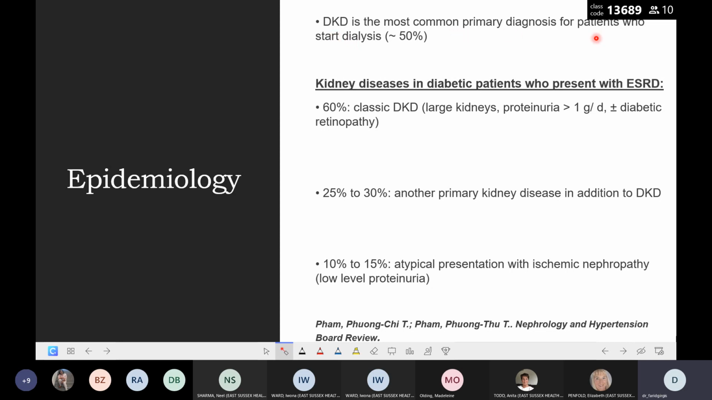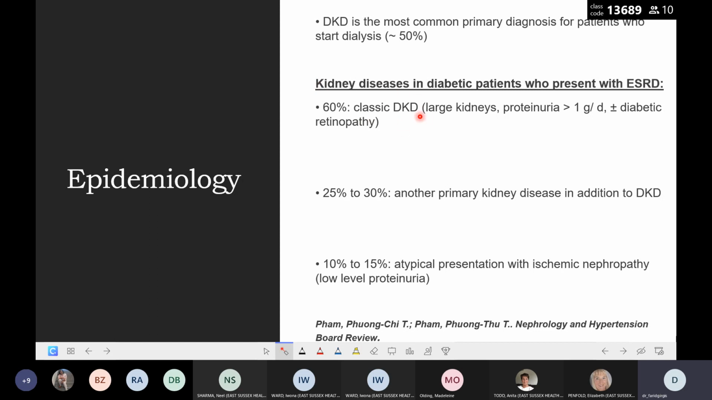It is the most common primary diagnosis of patients who start dialysis, about 50%. And if you look at chronic kidney disease, you will find that diabetes and hypertension are the two most common causes of end-stage renal disease. But the kidney disease in diabetic patients who present with end-stage renal disease can be divided into three groups. So 60% of the patients who reach the point of end-stage renal disease who are diabetic, 60% of them have